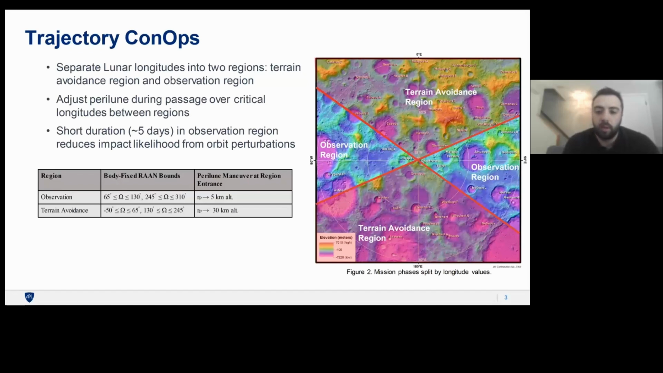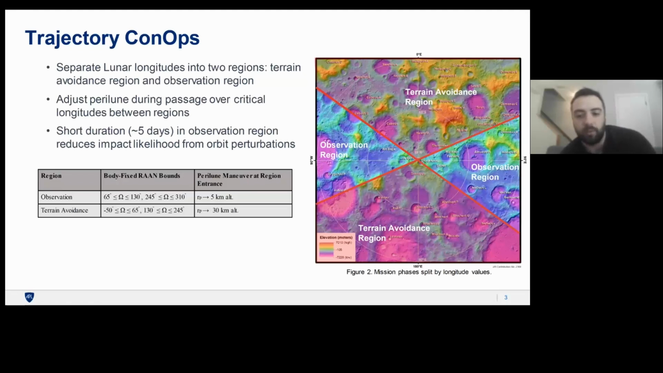So as the moon orbits the Earth in one lunar cycle, the moon would then rotate below our inertially fixed orbit, and it will basically allow the spacecraft to transition from one region to the next. And as it passes over some critical longitudes that we have marked here by red lines, we can then perform corrective maneuvers, either raising or lowering periapsis, either to perform low altitude observations or avoid a mountain that we might